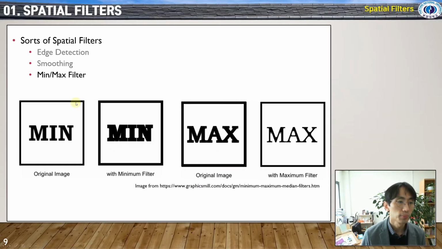There are also min-max filters. This is also a spatial filter. The min-max filter is the same as morphology. You studied dilation and erosion last week. Okay, that is what we